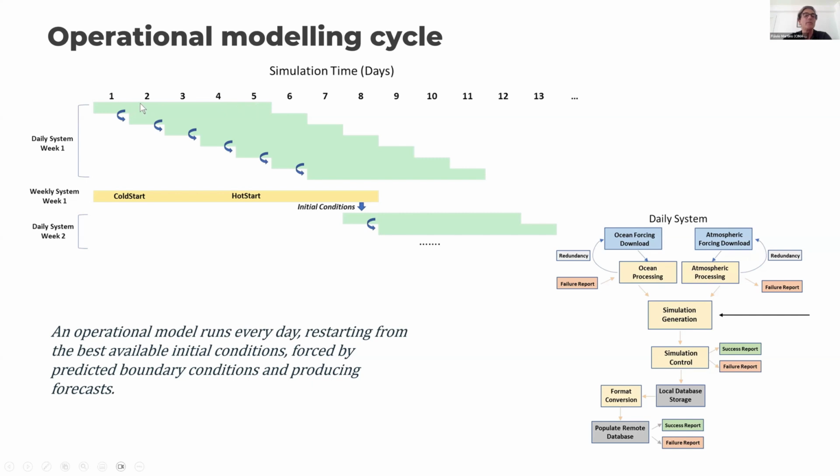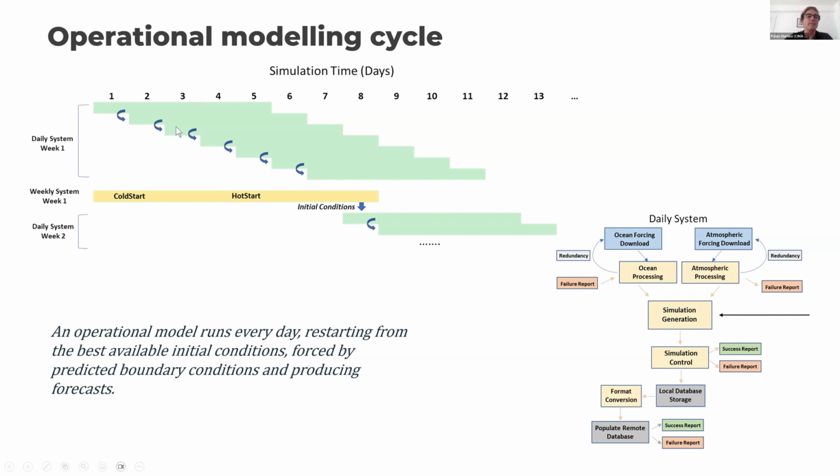And then on day two, we restart the model. CMEMS already has new boundary conditions, so we are going to run the same days again plus one day. And then again and again and again, okay? But although we are supplying boundary conditions that are being updated, CMEMS doesn't have a global model to do it. I will explain later how CMEMS is able to run in the future, okay?